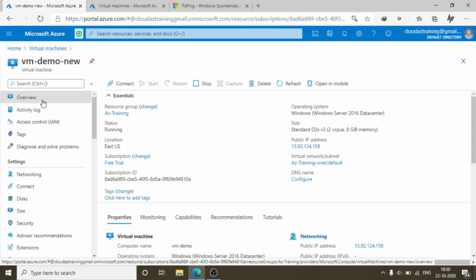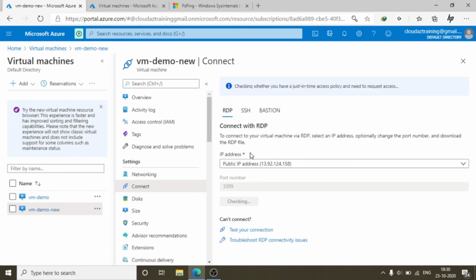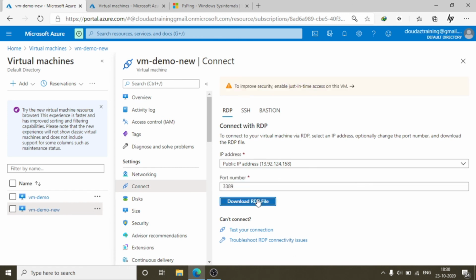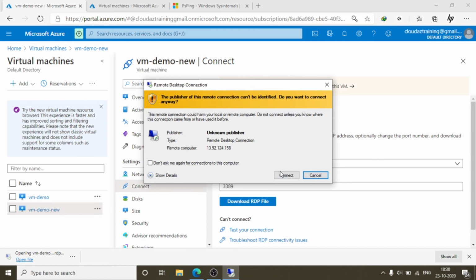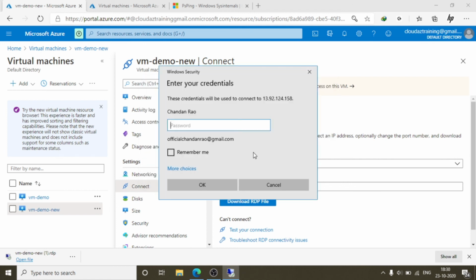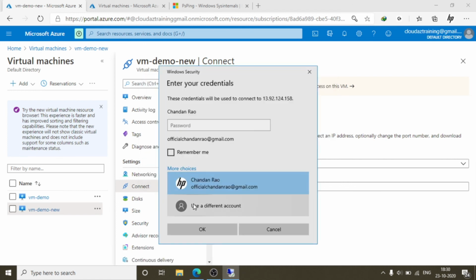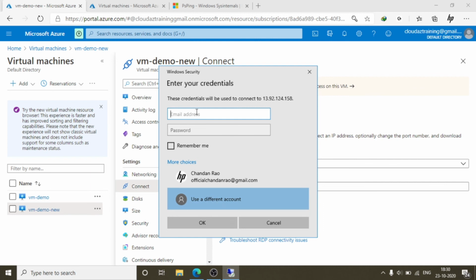So now we can connect to this VM using RDP. Just go and download that RDP file. Choose other, put the username and put the password.